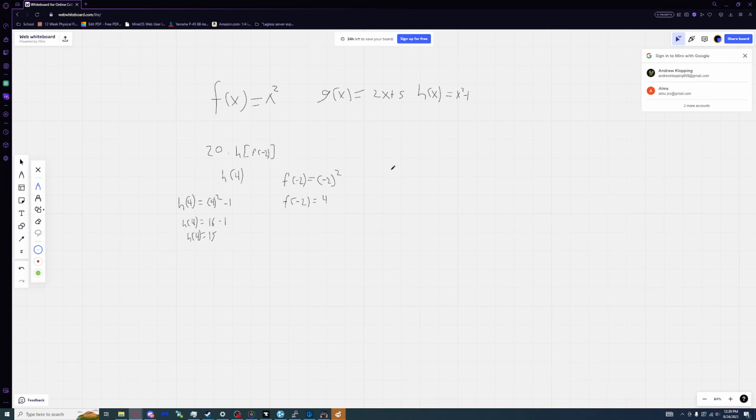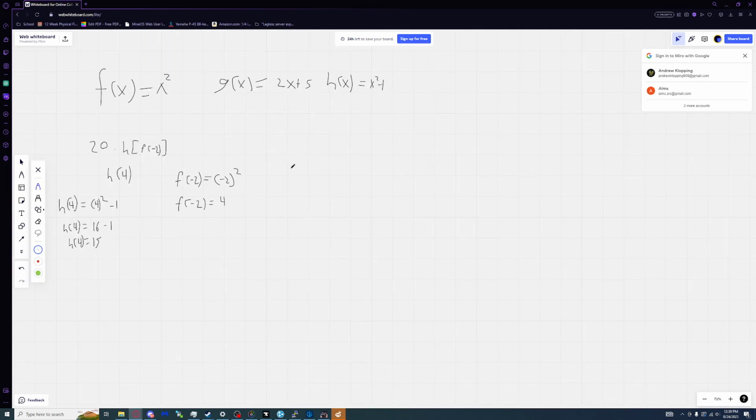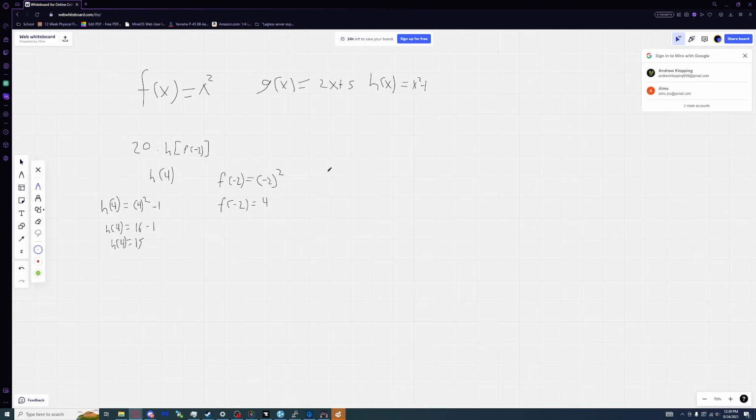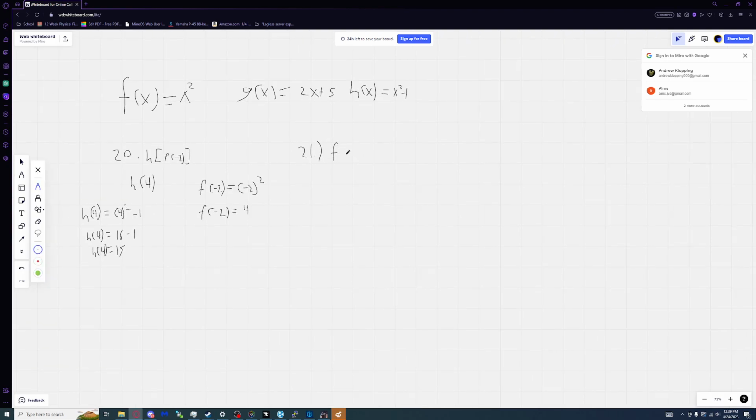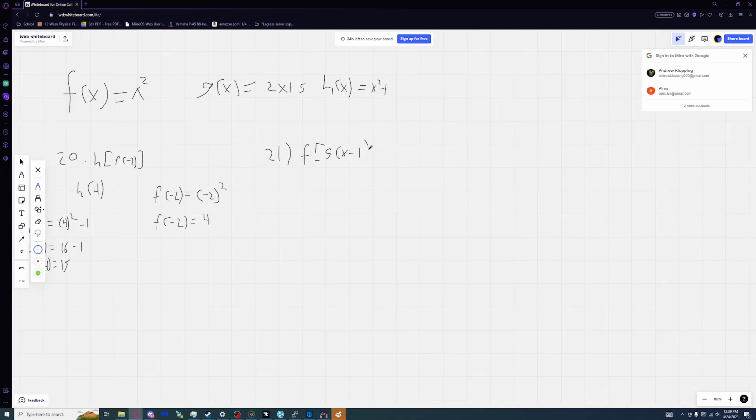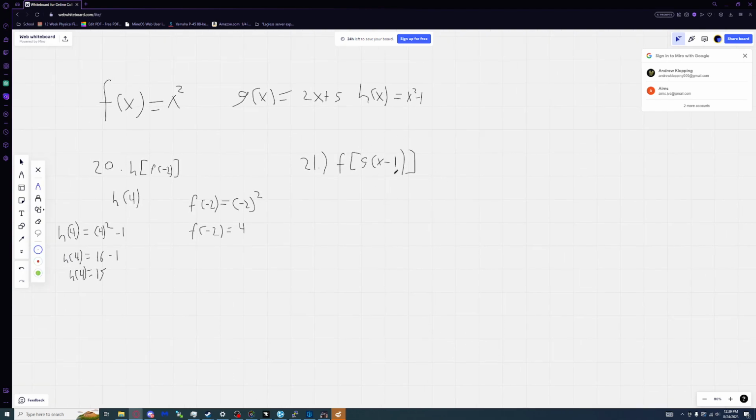Now, what we are going to do for number 21 is f of g of x minus 1. Now, this one's a little different because what we're given here is not so much a value as it is a function. So, what we're going to do here,